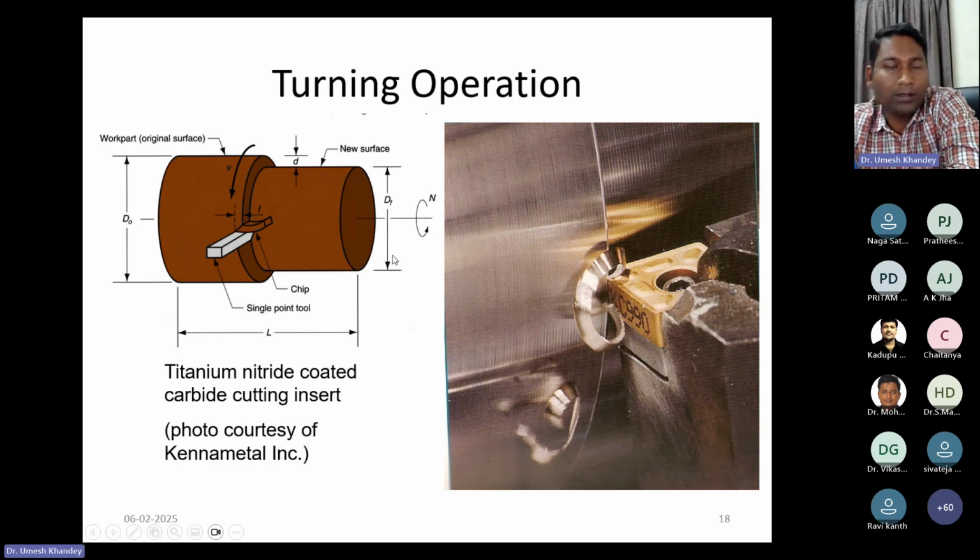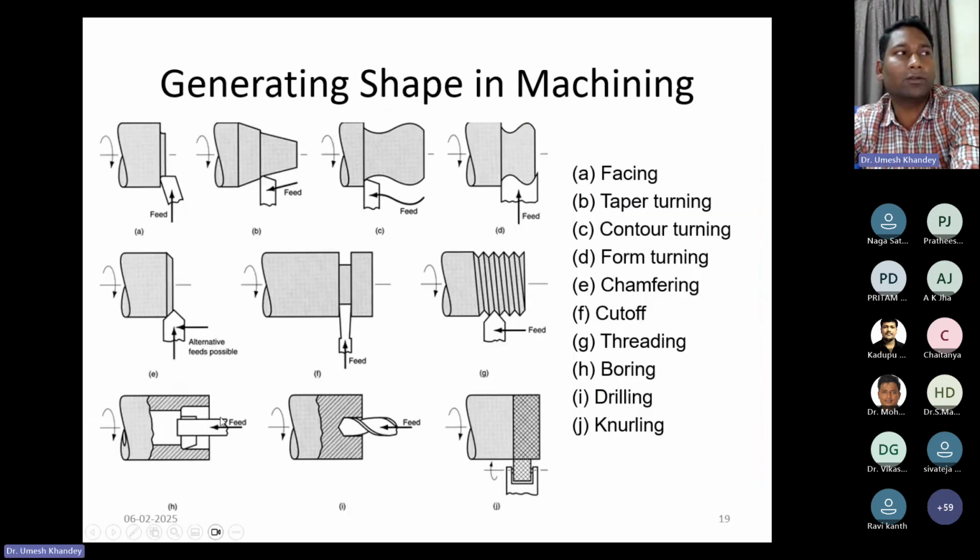Next one is the RPM, speed. Speed is whatever RPM you have provided, the rate at which the workpiece is revolving against the cutting edge. Circumferential speed is given in terms of velocity, pi D N by 1000 meter per minute. So again, generating surfaces, what are those? First one is facing, second one is taper turning when feed is inclined, then contour turning if it is going to move along a different contour path while removing the material, then form, then again alternate feed for chamfering, then for parting off or cutting off, then for feed again, one example of form cutting where the thread